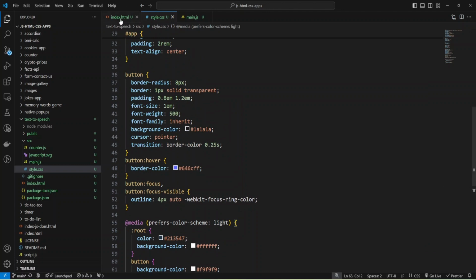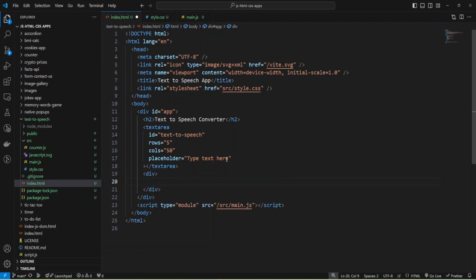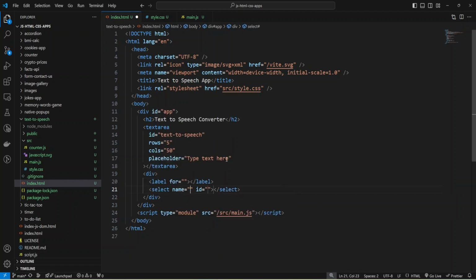Okay, and now we can add the select and button. I'll add a div, and inside the div we'll add a label. Let me add a select, and the select will have the ID voice-select.